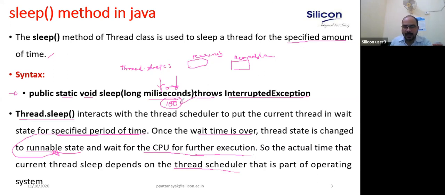So ideally it is more than 100, because it will be in a runnable state, and again it has to wake up and execute. The actual time a thread sleeps depends on the thread scheduler, which is part of the operating system.